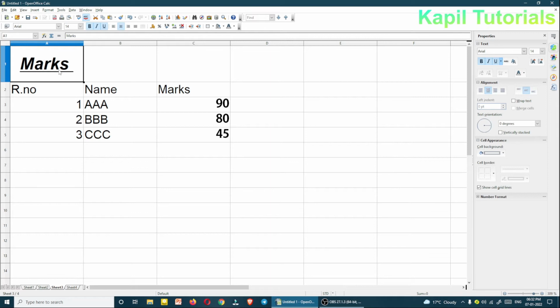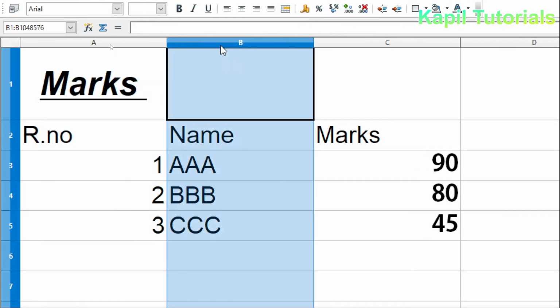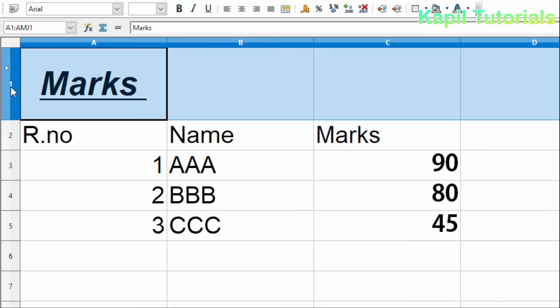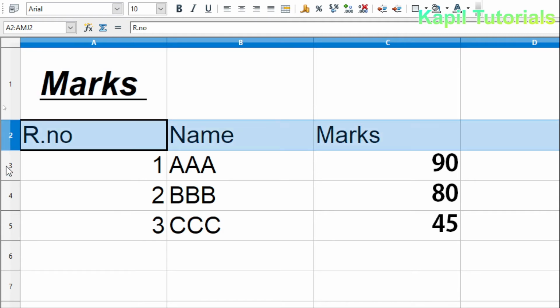And I want this text to be in the center under these three columns. As you know, these are the columns. This is column A, this is column B. If I select on the top where alphabets are written, the whole column is selected, and this is C. The same way, if I click on the row number here, this is row 1, row 2, row 3, row 4.